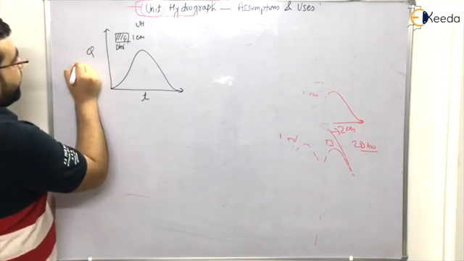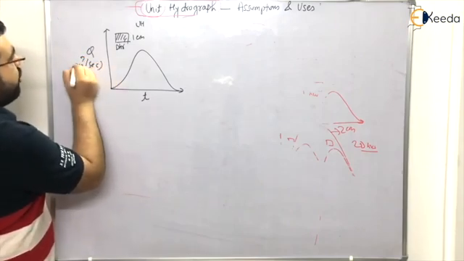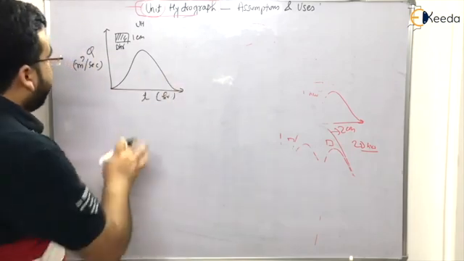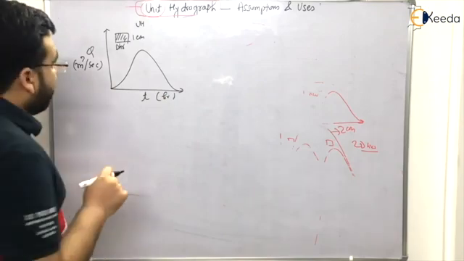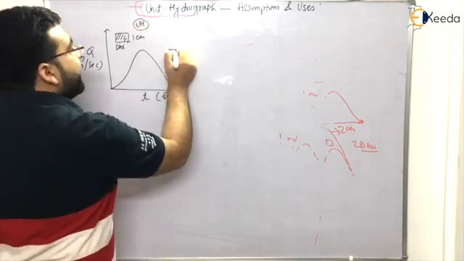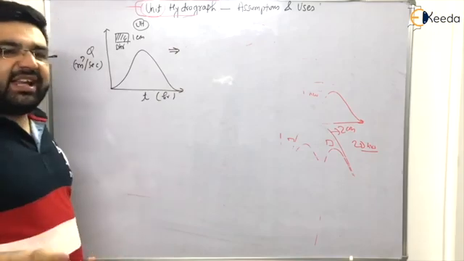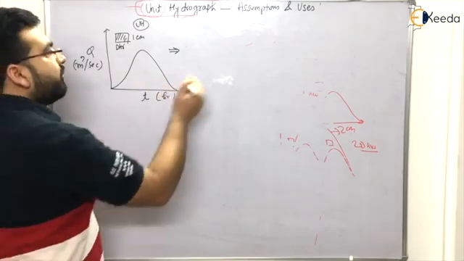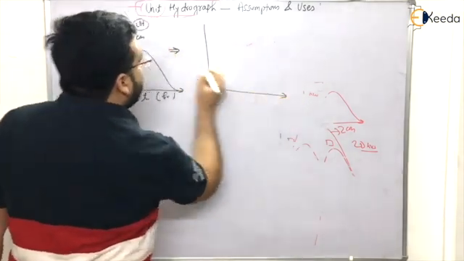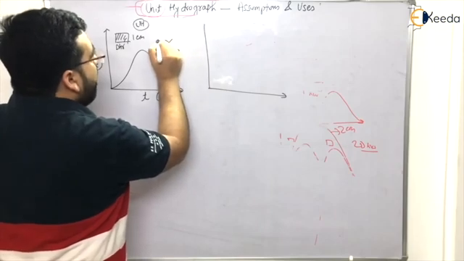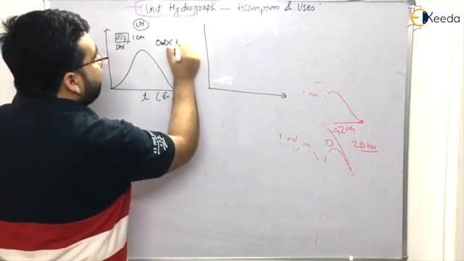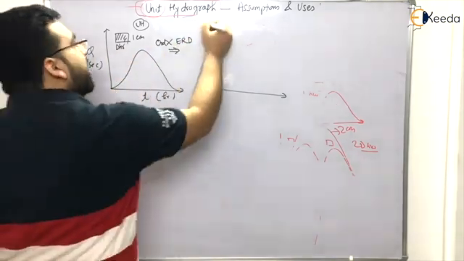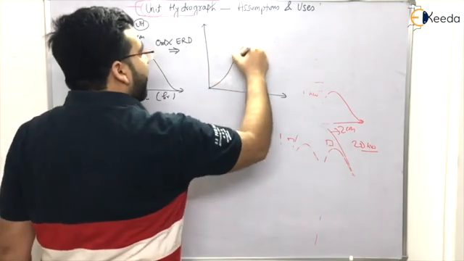Clear? What is the unit of Q? Meter cube per second or meter cube per hour, whatever. And what is time? It can be in hour, it can be in second, whatever. Clear? Okay. Generally, it is in hours, right? Now, from the unit hydrograph, can you get the direct runoff hydrograph? Yes, very easy. Just multiply it with the effective rainfall depth. From the unit hydrograph, you have to multiply the ordinates by the effective rainfall depth. Effective rainfall depth means ERD, right? So now you will be getting your direct runoff hydrograph.